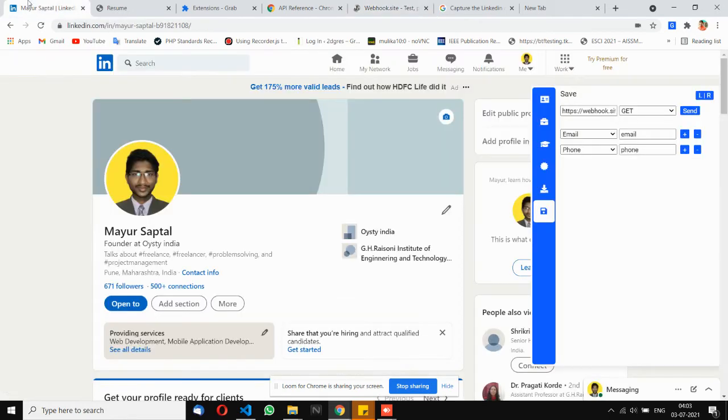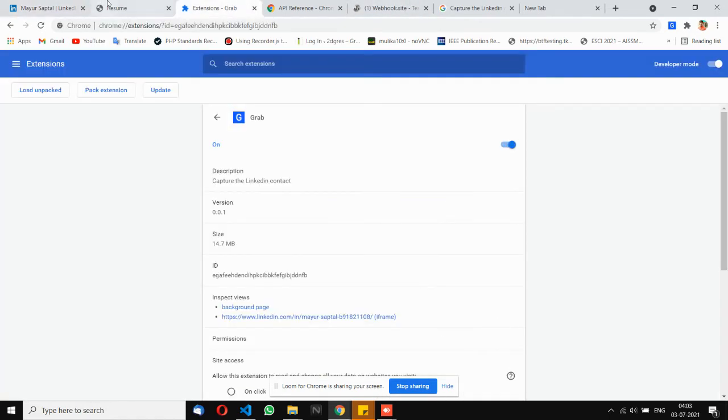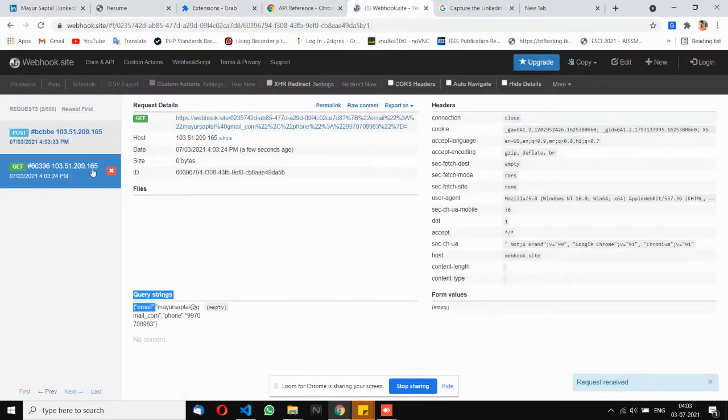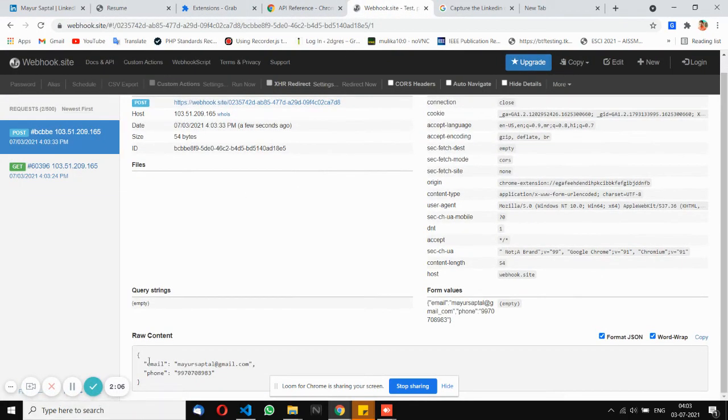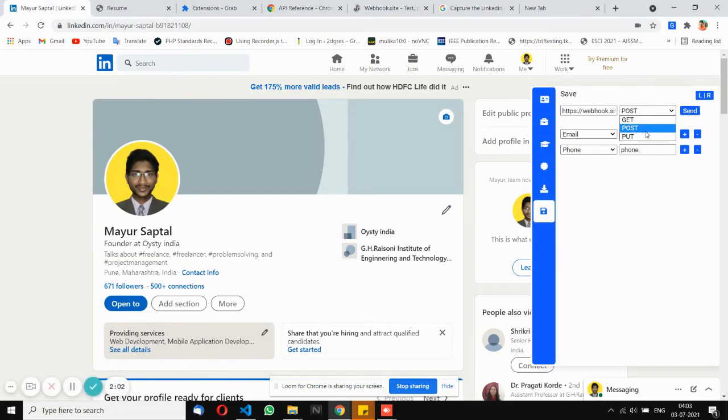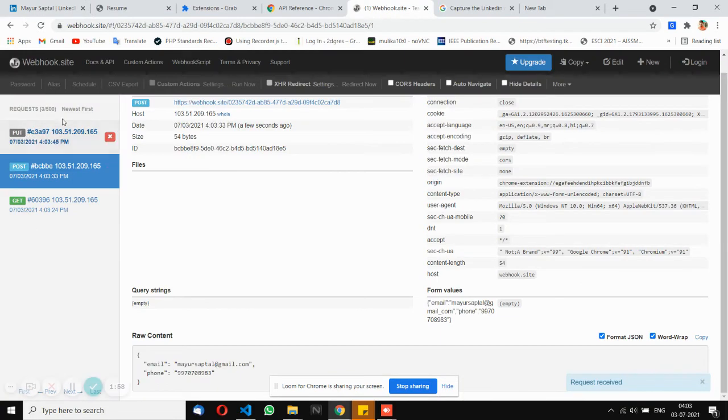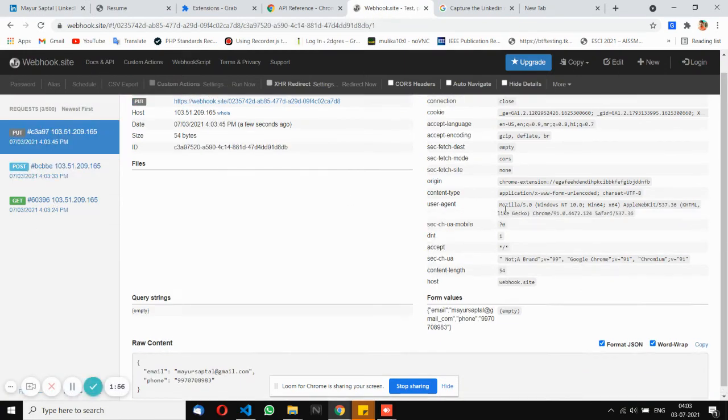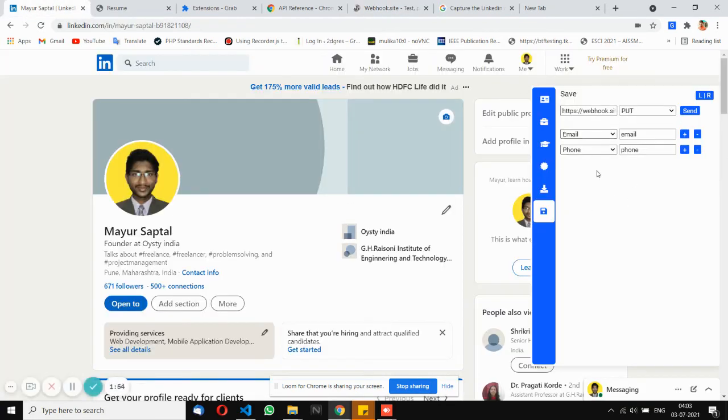Similarly, you can create a POST request. It's kind of technical stuff, so basically you don't need to worry; once you understand, you'll get it in a while. And another is a PUT request. You can see all three types of requests are currently supported. In future, we're going to build our own cold email platform, so it will also support that platform by default.